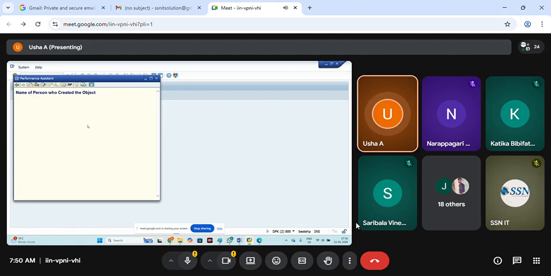But here, yarnum is a VBAK yarnum, so it's a standard field. For a standard field data element, I can't go for change. Then how can I add the documentation? The second way is also not suitable. Then we'll go for the third way. I can create the documentation in SE61 and I can assign that to the field by using the function module DSYS_SHOW_FOR_F1HELP. So by using that function module, I can assign it back to the field.